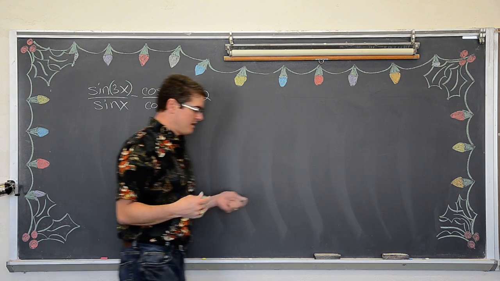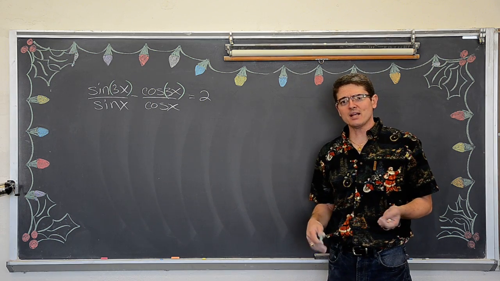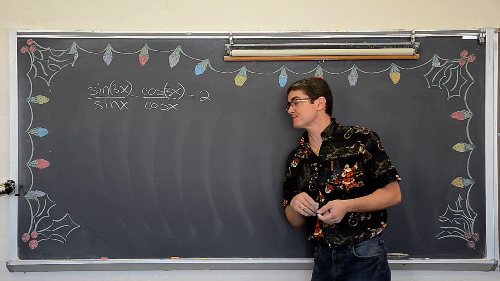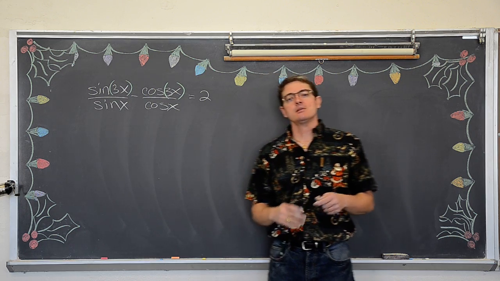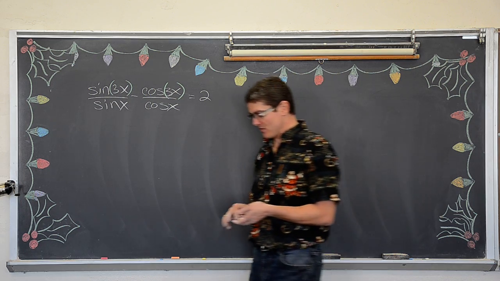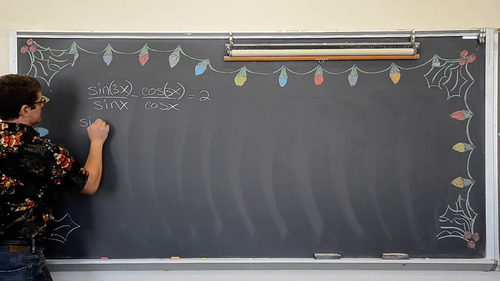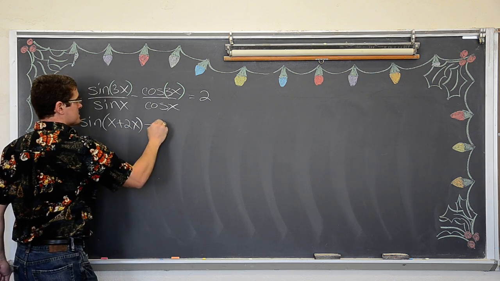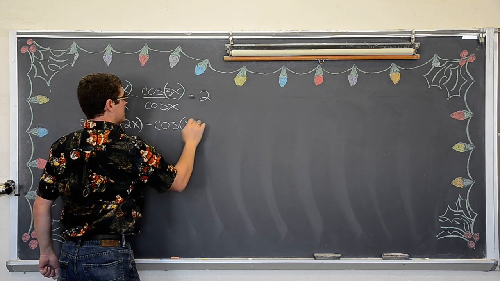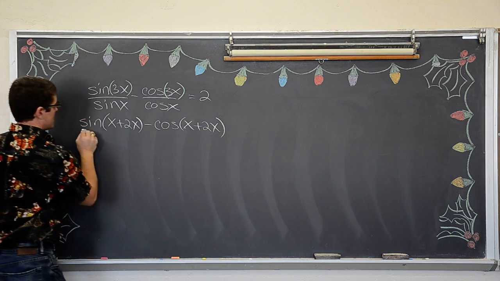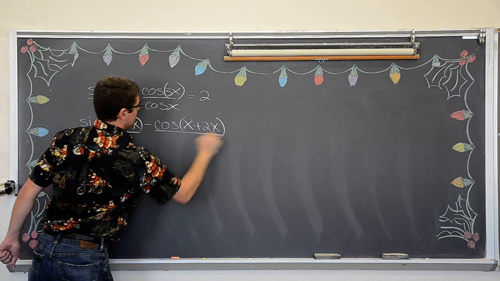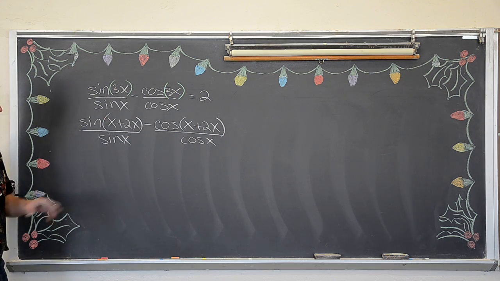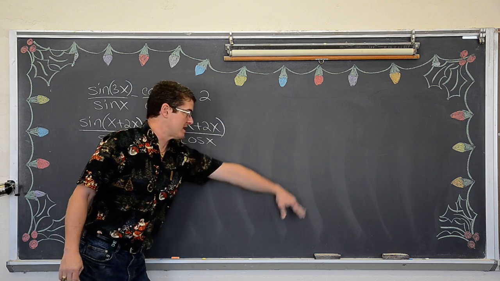Okay, so we want to make this thing equal to, man, when I look at my formula sheets, I don't have any 3x's. I have half angle and double angles. So this must also include some sum and difference identities. I'm going to rewrite this so that it is the sine of x plus 2x, that's equal to 3x, minus cosine of x plus 2x, and our denominators of sine and cosine. And I'm not even going to mess with the right-hand side. I think I'm going to need a lot more room, so I'm going to just sort of work down and then possibly need some room over here.